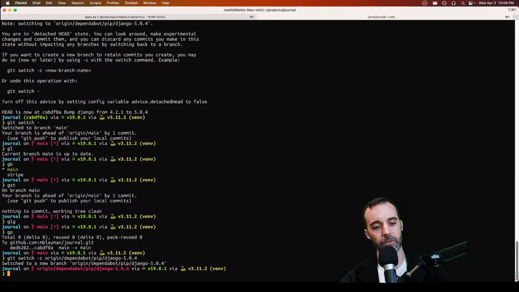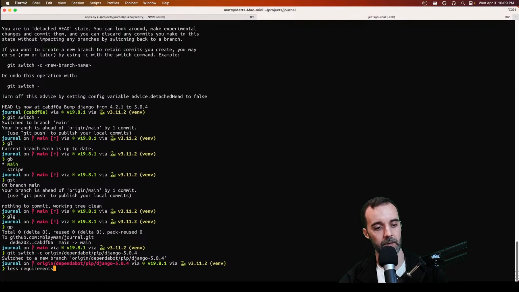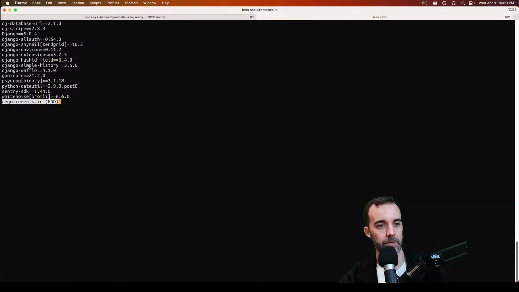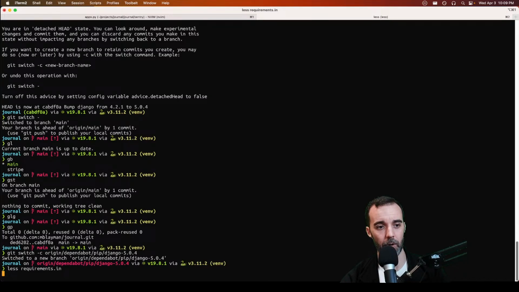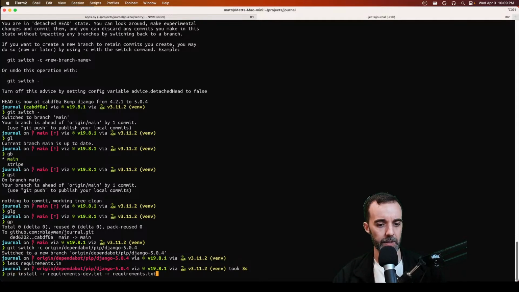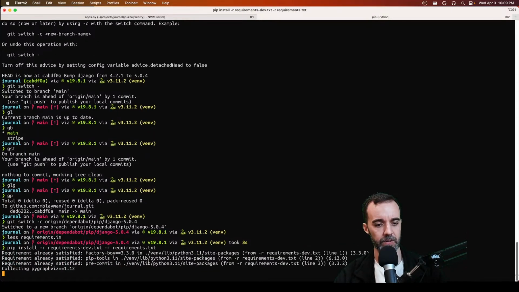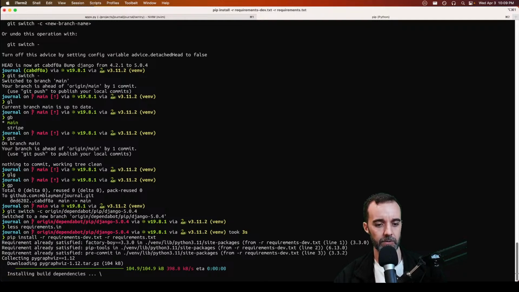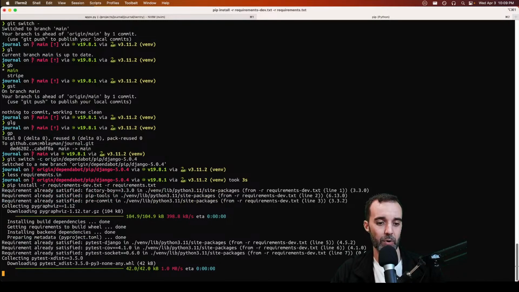The thing that we need to do is that's going to have the one with the Django version 5 here. We can see that if we go to look at the requirements file. You can see Django is set to 5.0.4. Same with the requirements.txt, that's updated on this branch as well. So we can quickly do a pip install of those two files, and it's going to add the things that we missed, pygraphviz, but it's also going to add in that process Django